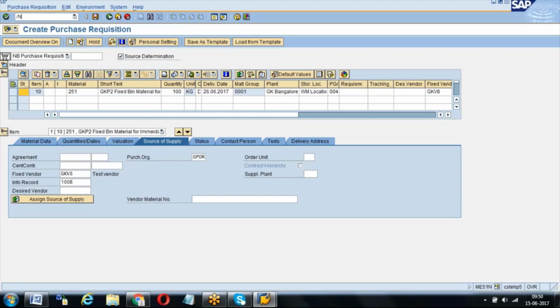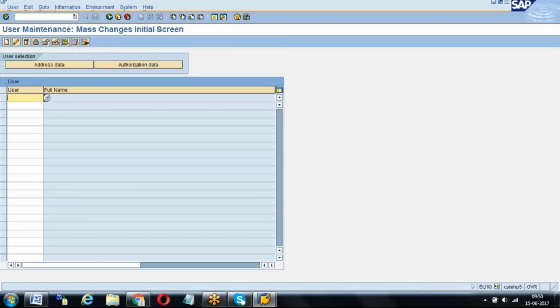The transaction is called SU10. In SU10, he can assign, for example, SAP EXT15, SAP EXT16. This is SU10, used by security consultants. If you want to maintain any address data or anything for multiple users at a time, we can achieve it using this one. For example, for all these user IDs, go to change mode.